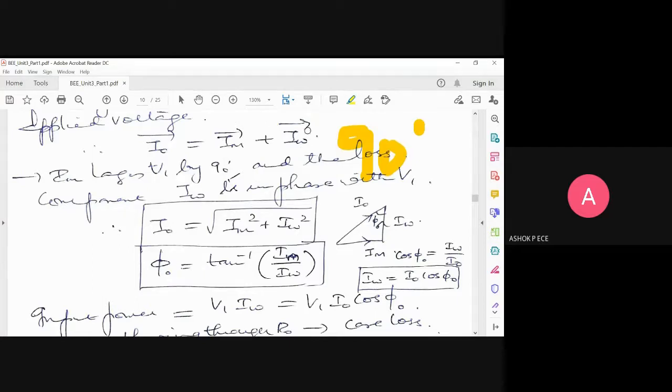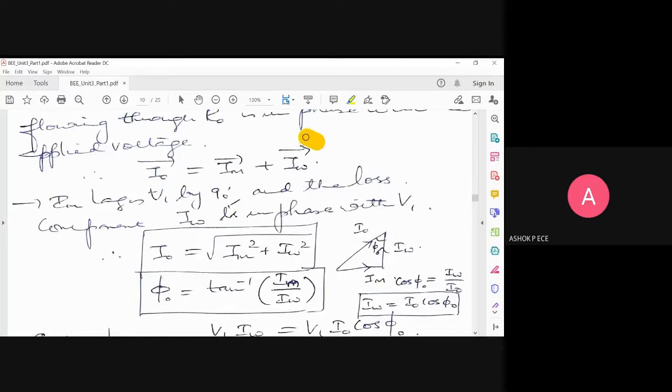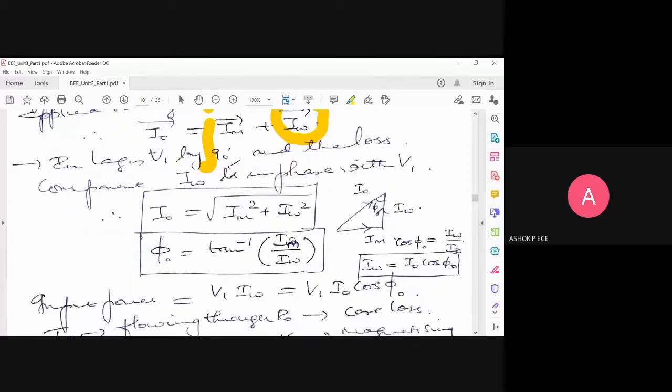So among the two currents, can you say which one is real, which one is imaginary? Sir, Iw is real and Im is imaginary, sir. Very good. Iw is real because in a resistor there is no phase shift. So Iw will be the real component, Im will be imaginary. Imaginary means naturally you will have this j coming, right? So how will you find the angle of a complex number? Tan inverse of imaginary part by real part. Imaginary part is Im, real part is Iw.